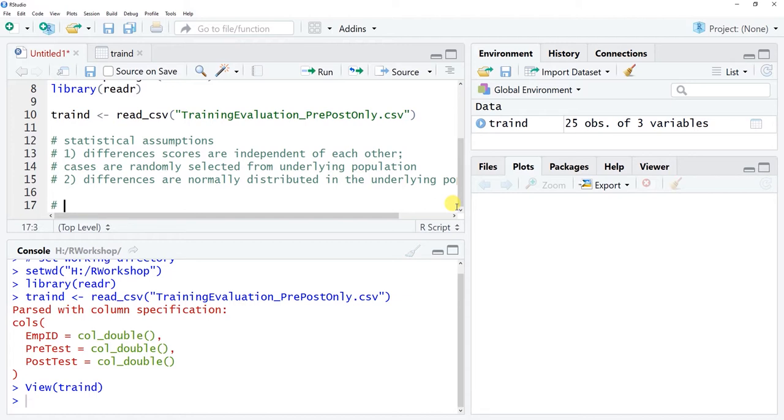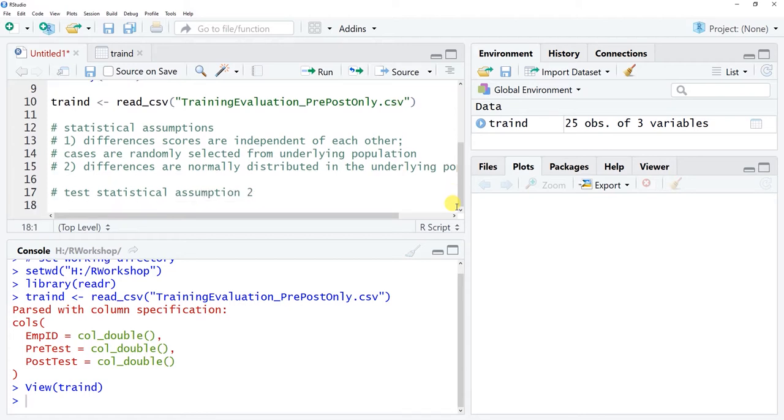Okay, and so to do that, test statistical assumption 2. To do that, we're going to first create that difference score variable so we can actually look at the